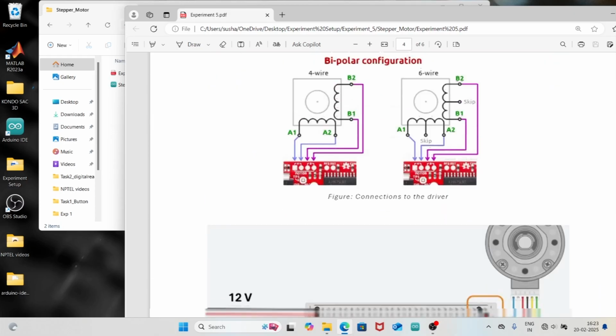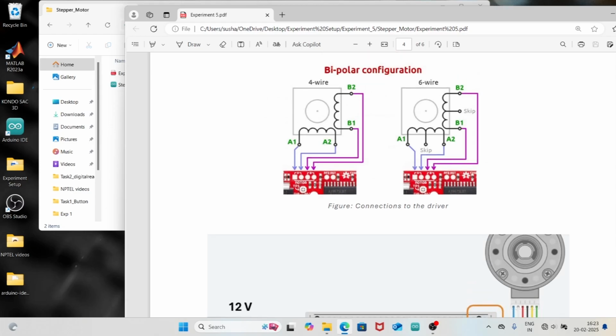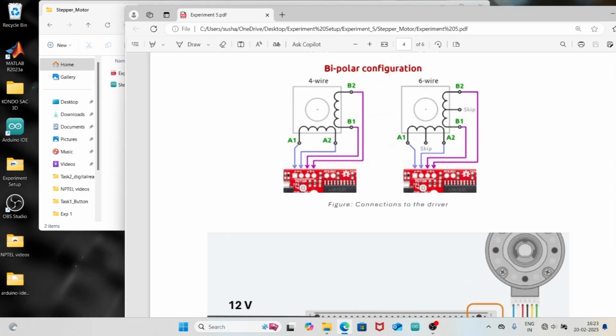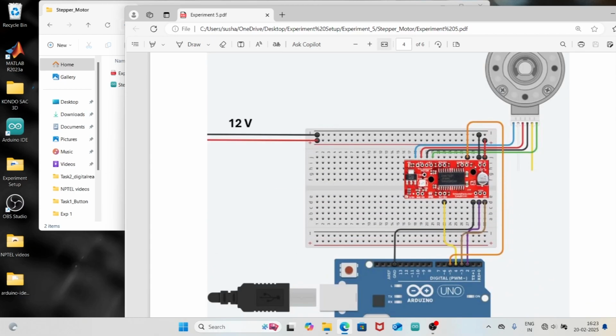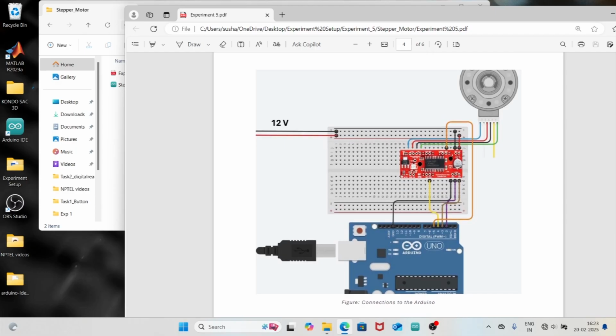Now this figure shows us the connection diagram of how you connect the wires in bipolar configuration onto the motor driver board, and this figure here gives you the actual circuit diagram of the complete layout. On the extreme top right is the motor, which has 6 output wires coming out, connected to your motor driver.